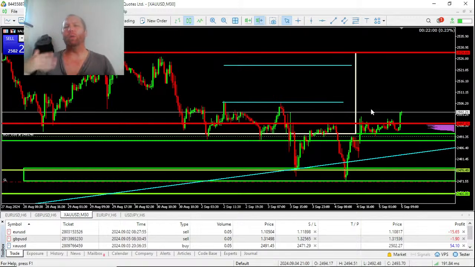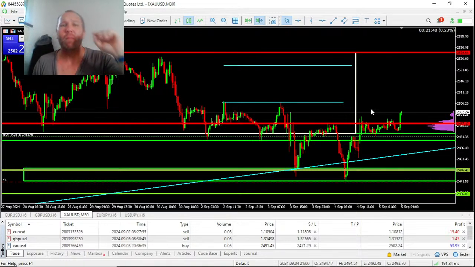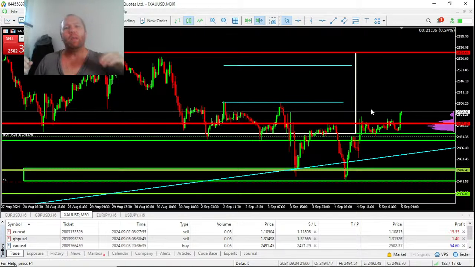But with gold, I do give myself more space, especially when I see that there are supports. And how do you give yourself more space? By not over leveraging and not putting too much volume, not going too big in your trades. You have to give yourself space to breathe, room to breathe, because this move here